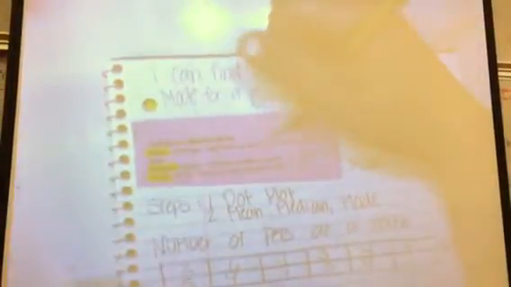I'm going to go back to my pink paper. What does it say to do? Add them all up and then what? Divide by the total. How many pieces of data am I working with? 12. So I'm going to do 40 divided by 12. Okay? Today when you are working on this assignment, the chances of you coming out with a whole number every single time are pretty slim. And when you're working with your data book, the chances of you coming out with a whole number are pretty slim. So we're going to put a decimal in there after our whole number, bring it straight up, and we're ready to solve.